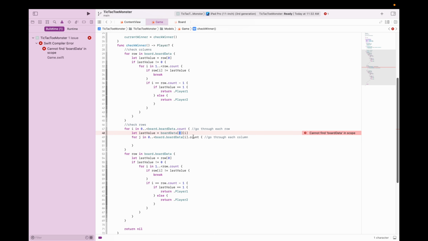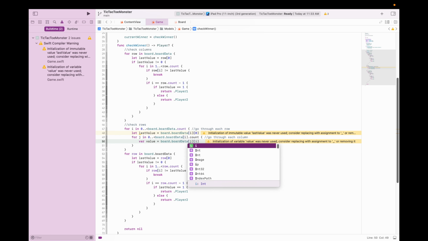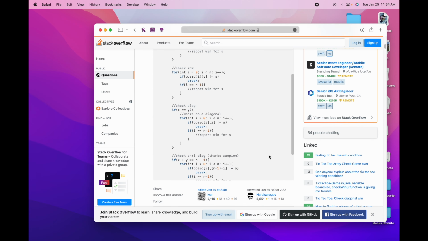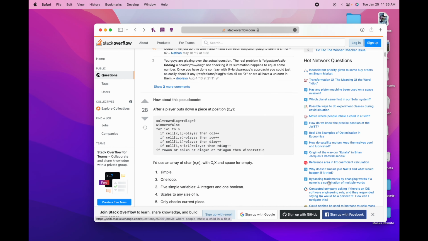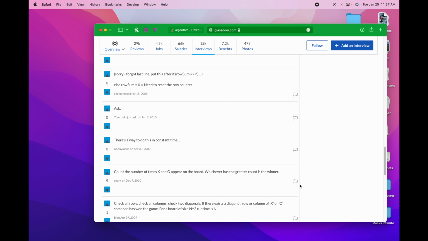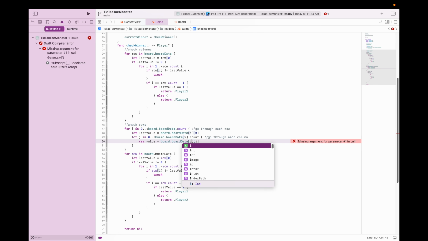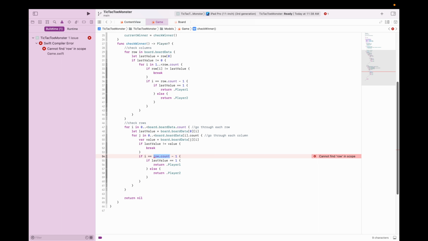I looked up some alternate methods, but they all seem either complicated or they just do what I'm doing, so I think we'll stick to this for now. I'm also going to make it so that if it's a 5x5 board, you're going to have to get 5 in a row. So we're going to keep it simple.